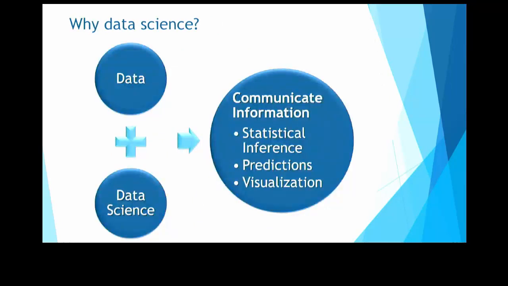When you use data and data science together well, you can, like Eric said, communicate information. This can be through storytelling, statistical inference, so something is significantly impaired or not, or better or worse. You can make predictions, and as you'll see later today, you'll also be able to make visualizations, which I think are the most powerful way of communicating data to all audiences. If you have a pretty image, people can really connect to that pretty easily.